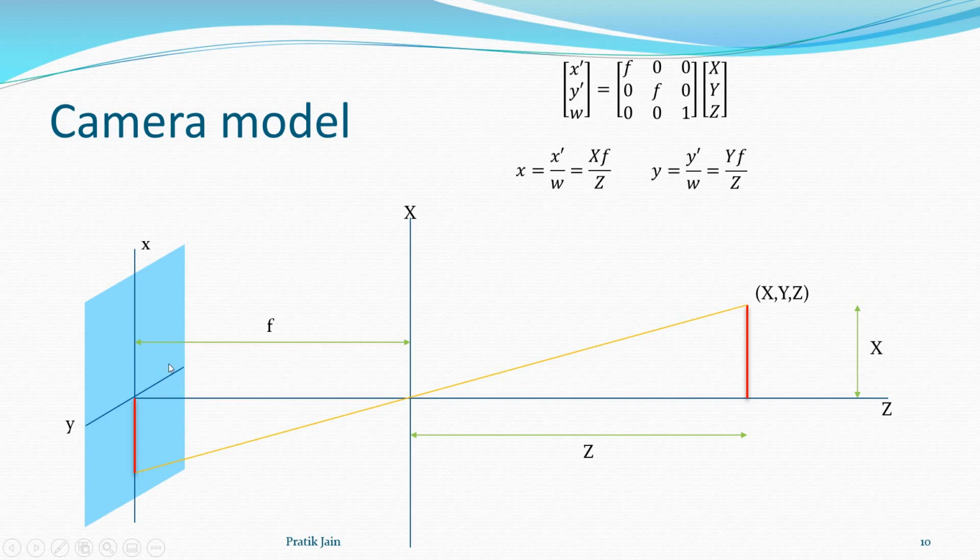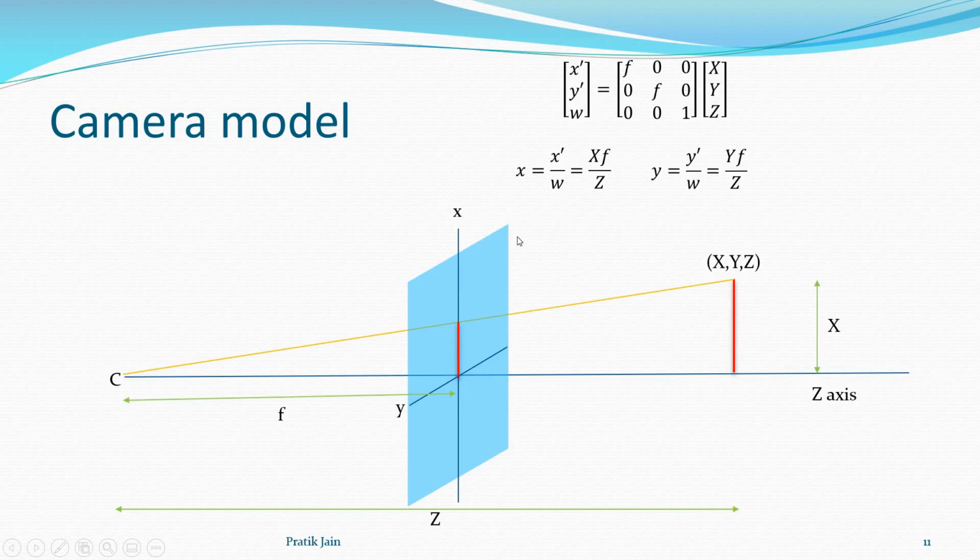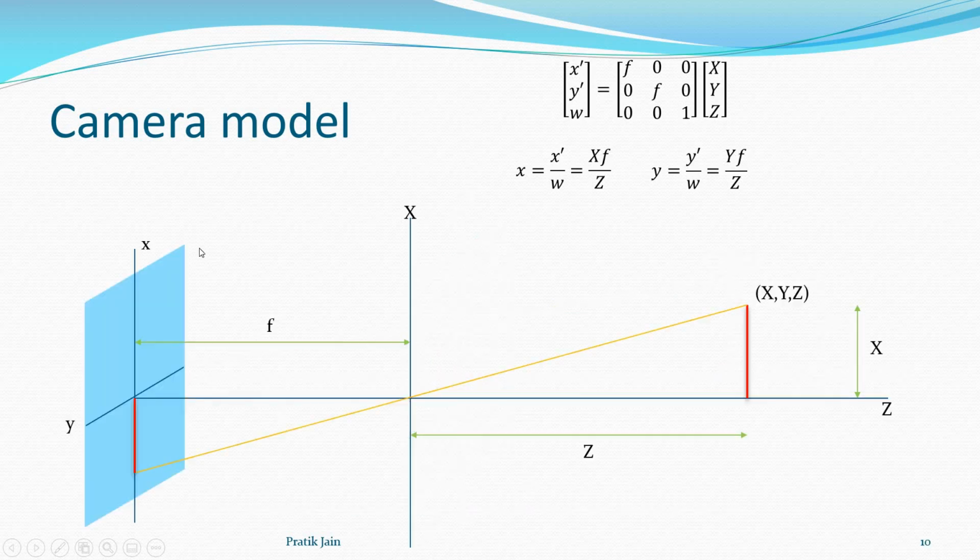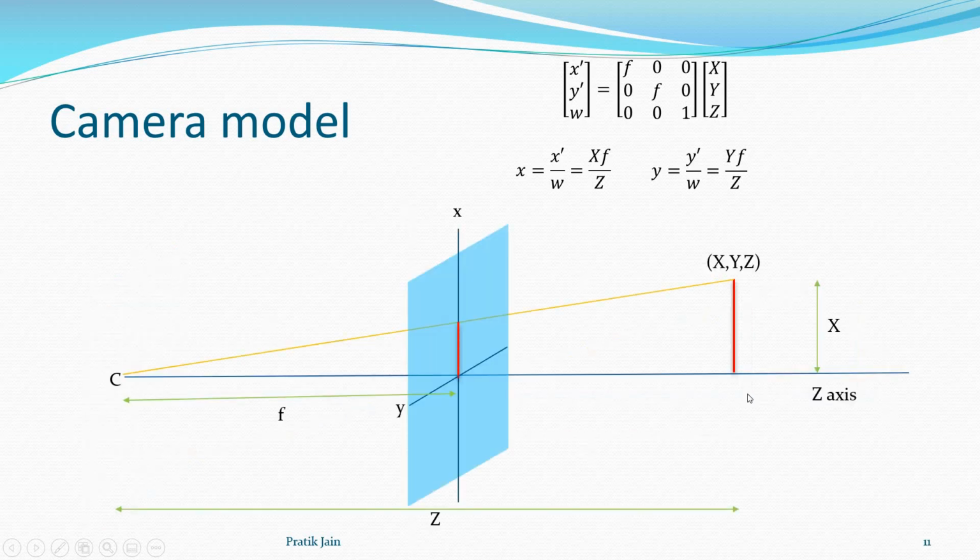Now just changing this a little bit. Here is the new camera model. You can see that the screen is over here. Initially the screen was behind and the focal point was ahead. Now we have pulled this screen over here so that the screen comes in the middle and the focal point is at the back. This is our new camera model that we are going to use for the epipolar geometry.